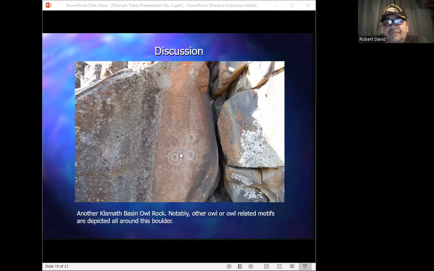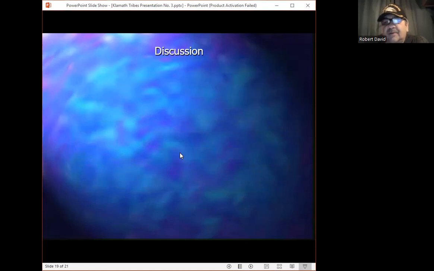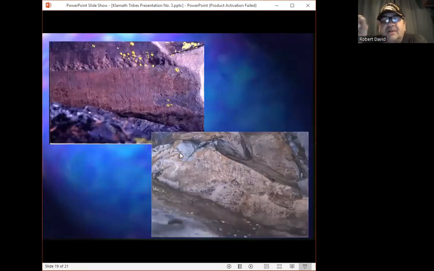For example, scattered in a few places throughout the Klamath Basin are these incised rock art compositions that sometimes are no more than a series of straight and cross-hatched lines, but also sometimes show up as iconic imagery, which unfortunately I don't have an example to show you at this point. The photos I took didn't turn out so well, but I've seen sun symbols and I've seen triangular figures scratched out or incised just like this. But I didn't control the lighting well enough to get a good photo for the slides, so I can't show it to you.